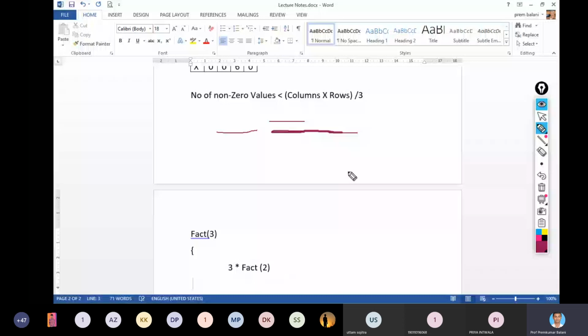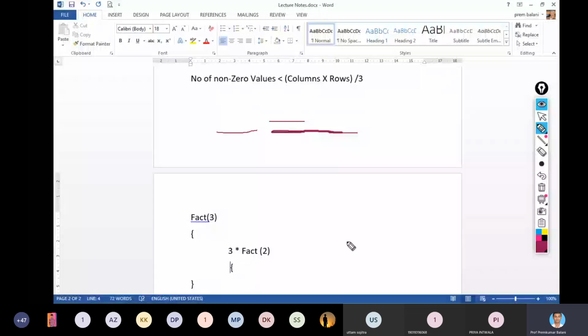Now in this factorial of 2, again this is not 0, so I will call 2 into factorial of 1.